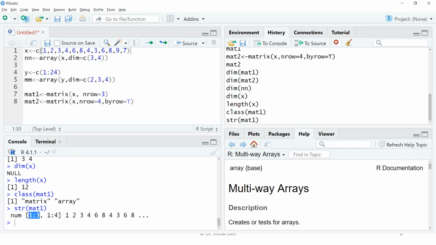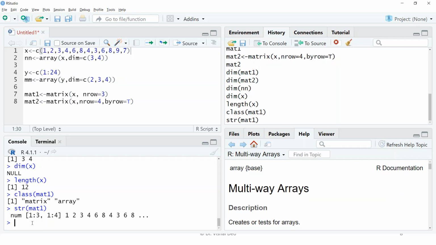The first dimension has 3 levels, the second dimension has 4 levels, and it also gives us some of the values, just as example. If there are few values, it will give us all the values, but if there are more values which are not going to be sufficient in one line, it will just give the first few values to us. So it gives us a general idea about what kind of values are stored,